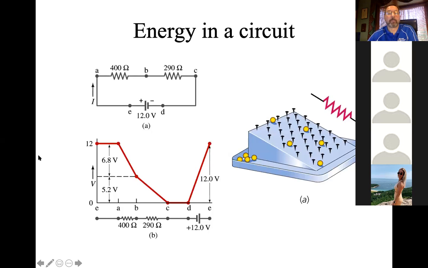Here's an example circuit. You should recognize it as a series circuit, only this time the series circuit is two resistors instead of two capacitors like we did in the problem previously, because we talked about resistors right before break. We know a law that relates the current through the resistor and the value of the resistance, and you can see these two are 400 ohms and 290 ohms. The battery voltage in this case is a 12-volt battery.